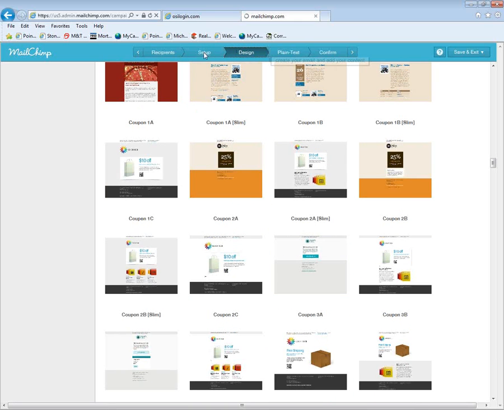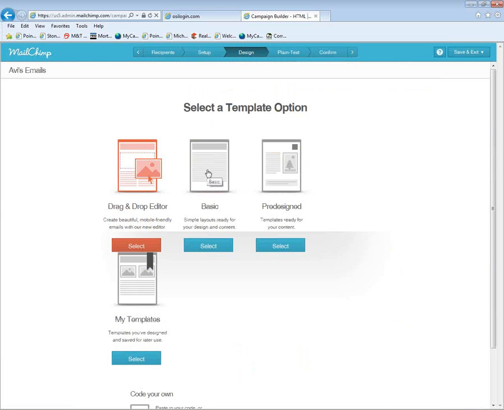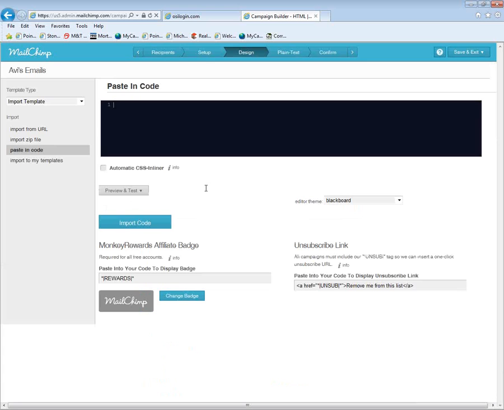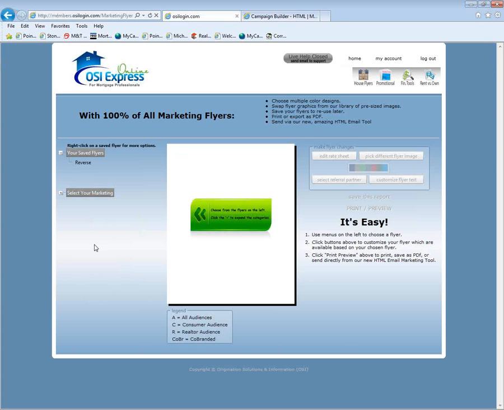So from what we're trying to accomplish here, actually, here's what I'm going to do first. I'm going to show you how to do the, if you go down to Code Your Own, this is how we're going to do the email, and this is the link that was broken earlier. There we go. All right, so you want to paste in code. Now, this is where we're going to be able to paste in a code for a website or an HTML code that you might have. If you're working with OSI Express, for example,